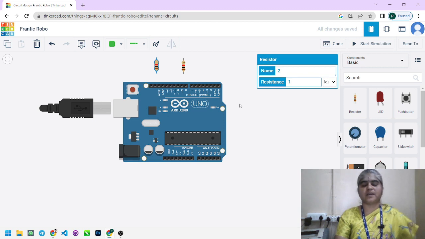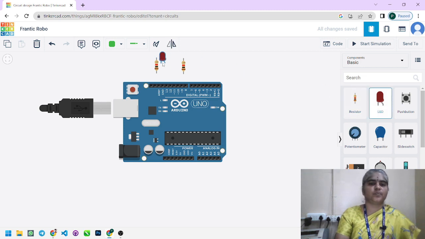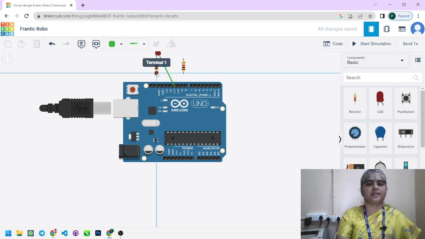So when the PIR sensor is in on condition, that is if there is movement of any person, one LED will glow, and if there is no movement by any person, one LED will be in off condition. So for that here we can use two LEDs. One LED is connected with pin number 11. The anode of the first LED is connected with pin number 11, and the cathode is connected with ground,